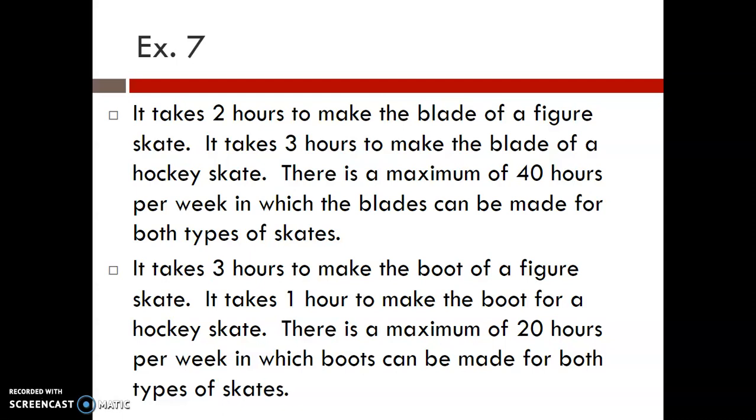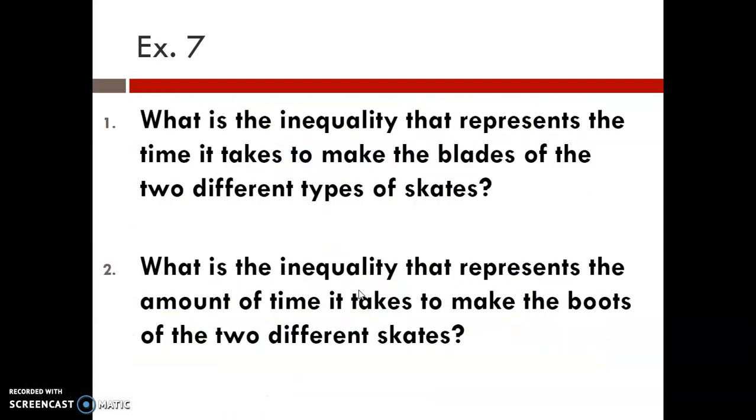There's a maximum of 20 hours per week in which boots can be made for both types of skates. So we've got blades up here and boots in the second one. And in this next part, we're going to make inequalities that represent each of those. So what is the inequality that represents the time it takes to make the blades of the two different types